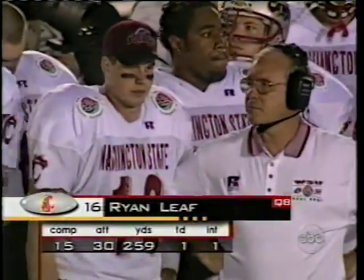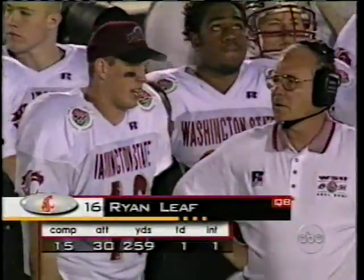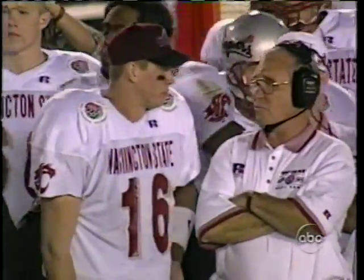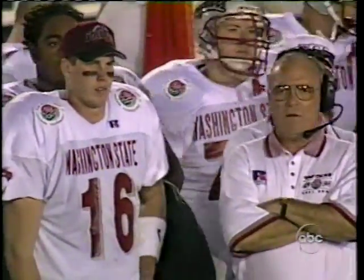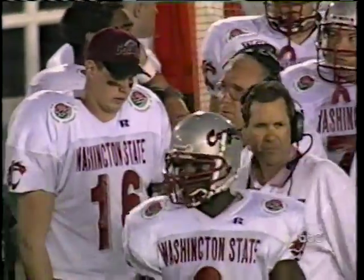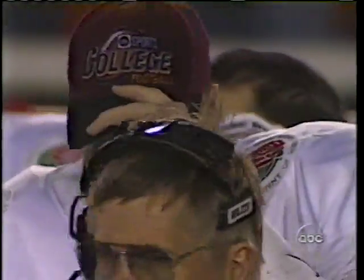Leaf, we think Ryan Leaf will be playing on Sunday next year. We haven't had anybody tell us that, but it doesn't take a whole lot of thinking to figure out that that's where he's going. They're good friends, these two. Mike Price calls it a partnership. And why not? Mike Price has done a great job with the program and with quarterbacks. Drew Bledsoe before, Ryan Leaf, and